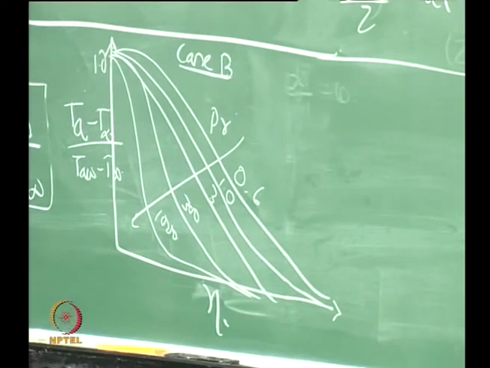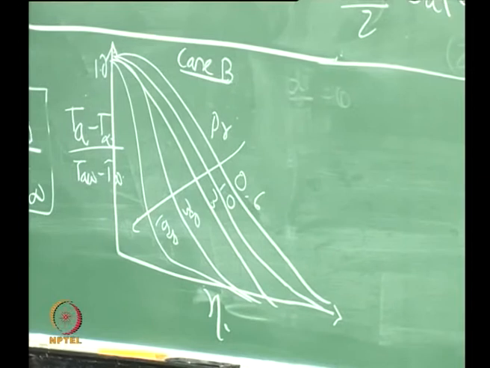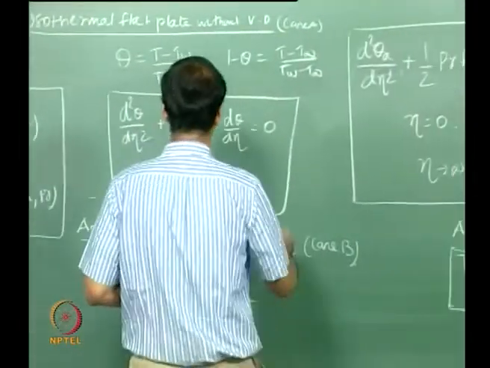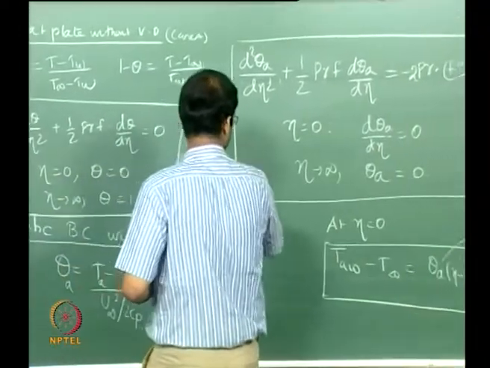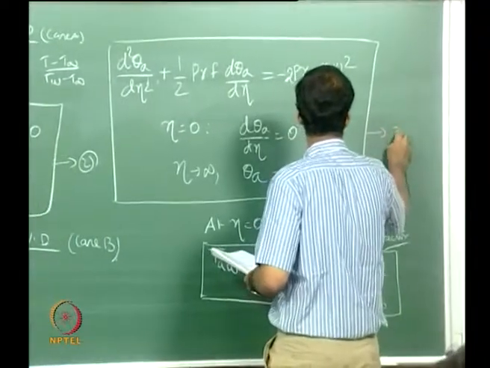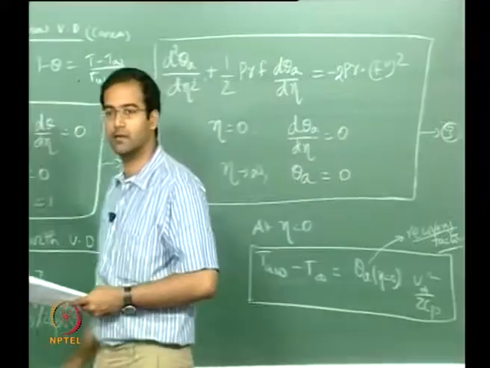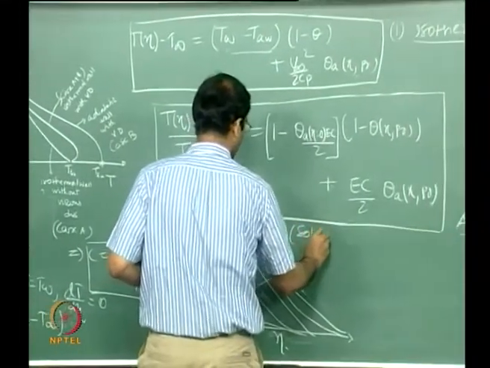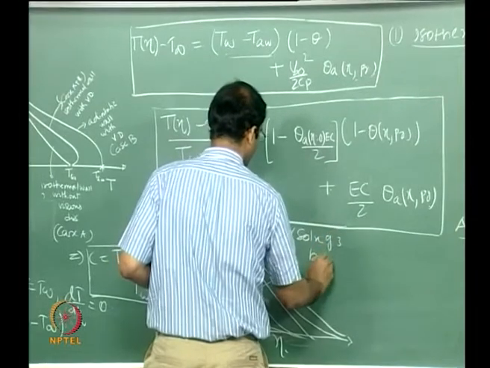This is how the non-dimensional temperature profile behaves. Once you solve this, if you want to call this number 2 and number 3, so if you solve 3 by shooting method, this is what you get finally. So this is coming from solution of 3 by